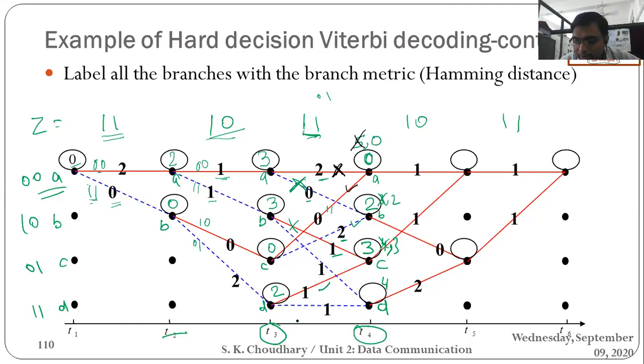Second is coming from D itself. When you are at D and you are receiving the input 1, your output is 1 0. Compare the 1 0 with 1 1. You have the Hamming distance again 1. 2 plus 1, it is 3. Again it has two metrics, but 4 is larger, so it would be discarded. So this path would be discarded. Only the survivor path is 3.